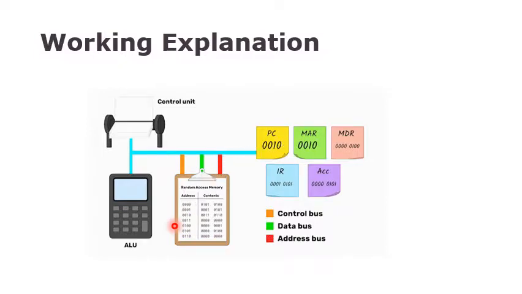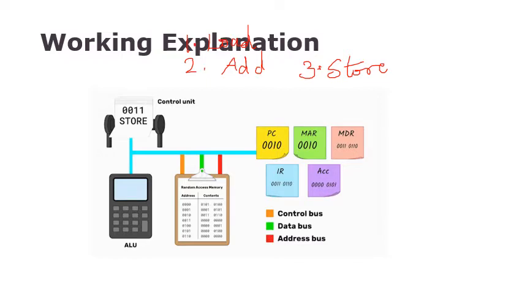To recap, our program used 3 instructions to add 2 numbers and store the result in memory. The first instruction is load: load a piece of data from a specified address. Next is to add this to the data found in another address. The final one is to store: store the result back into the specified address in memory.